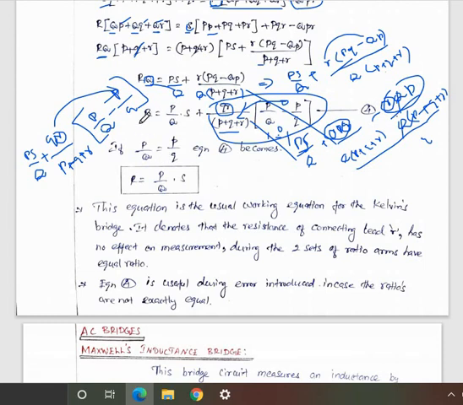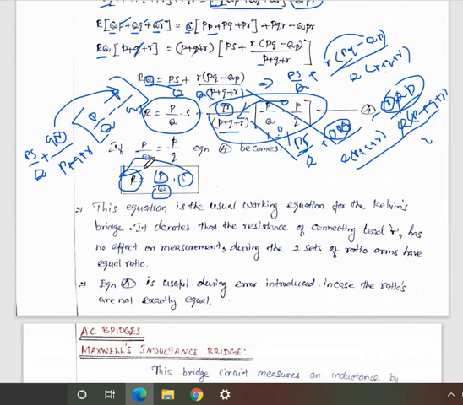So what is the remaining balanced variable? Capital R equals P by Q into S. So we find the value of the unknown resistance equal to P divided by Q, where P is a known value and Q is also a known value, into the standard resistance value. That is the equivalent value of the unknown resistance when the bridge is in balanced condition.